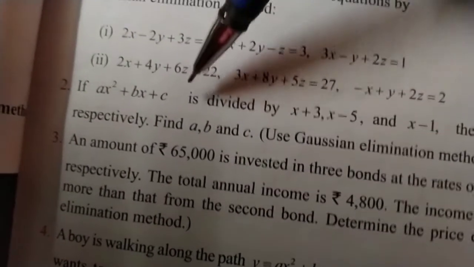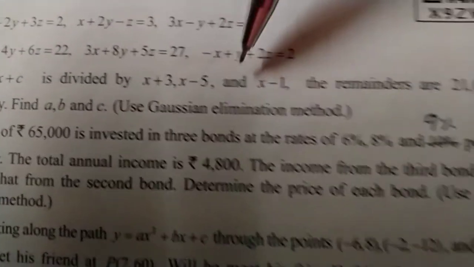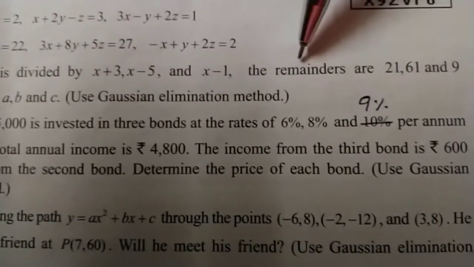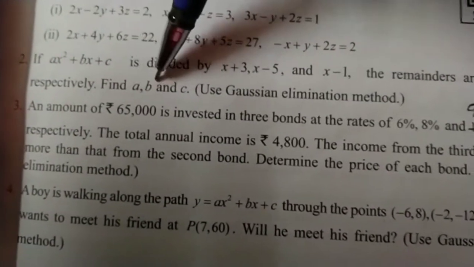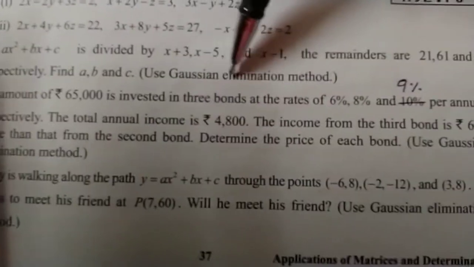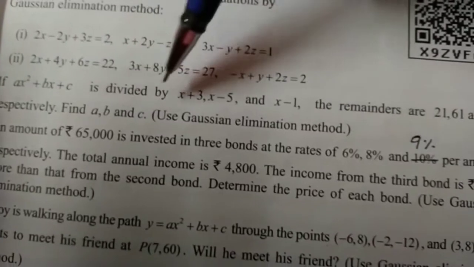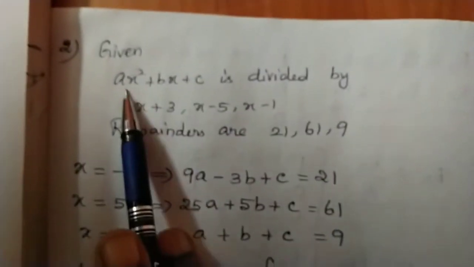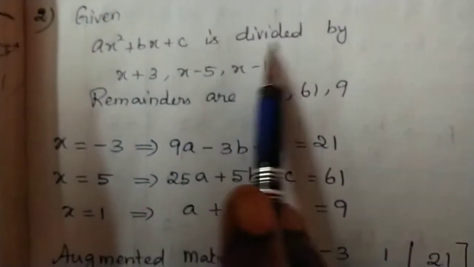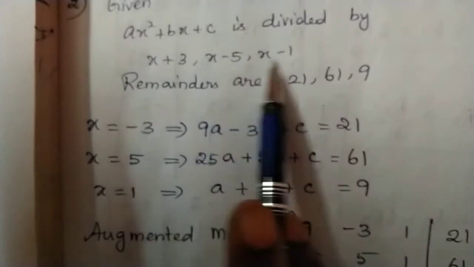If ax squared plus bx plus c is divided by x plus 3, x minus 5 and x minus 1, the remainders are 21, 61 and 9 respectively. Find a, b, c. Use Gauss elimination method. Now the equation is divided by x plus 3, x minus 5, x minus 1. Given ax squared plus bx plus c is divided by x plus 3, x minus 5, x minus 1,